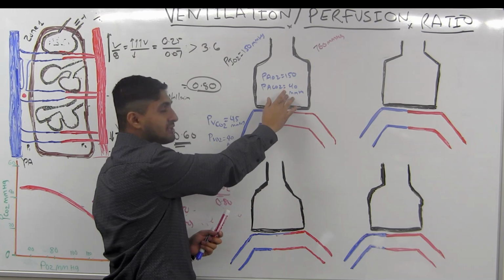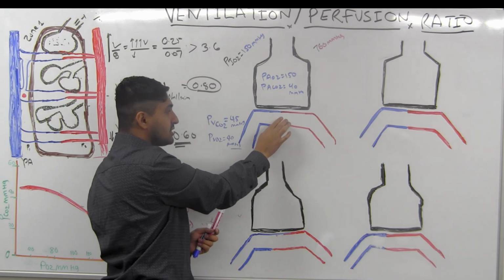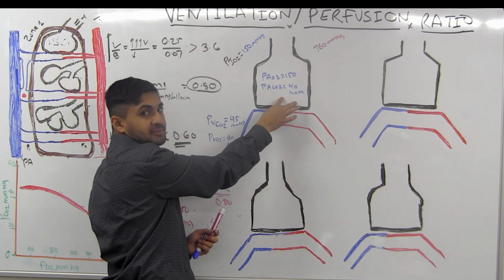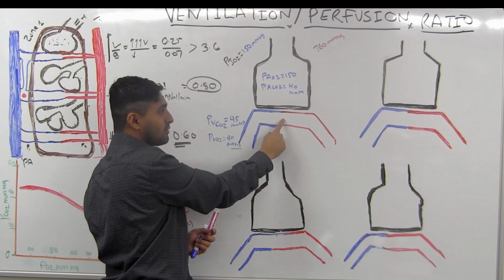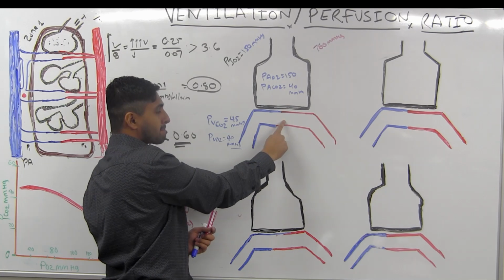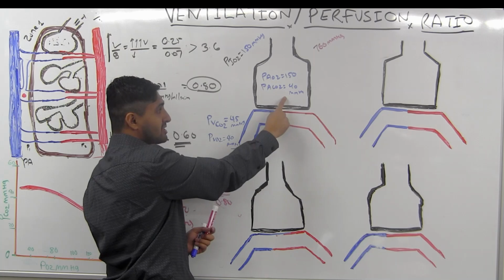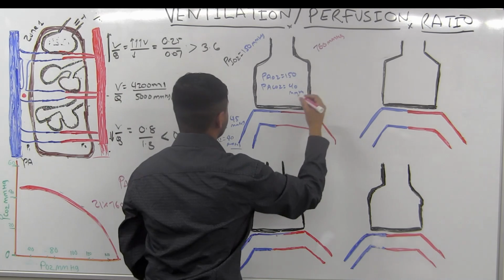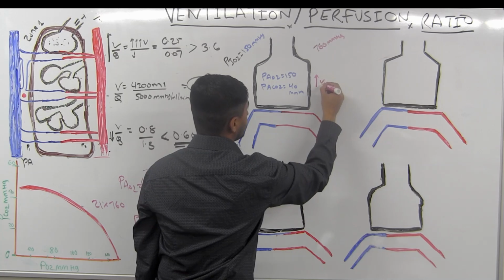Some of the air will get wasted, right? Because of the blood. Because your air is going to get wasted, that means the wasted air we call dead space, right? Some of the air is going to be wasted. So in these high VQ cases, let's just say higher VQ,